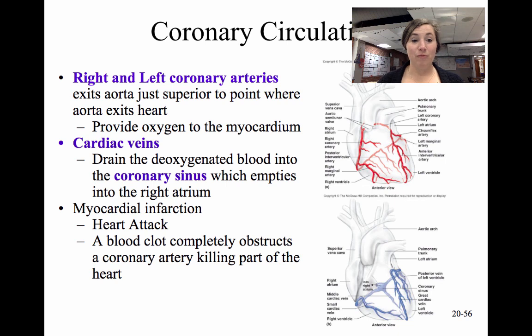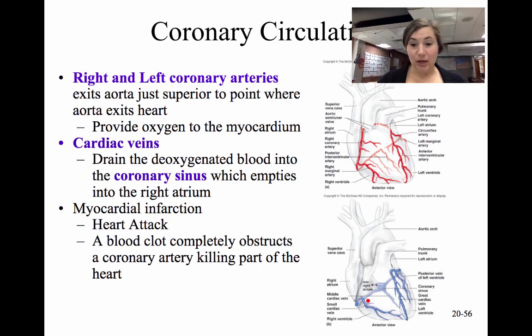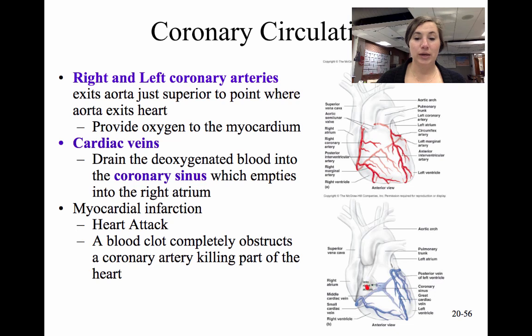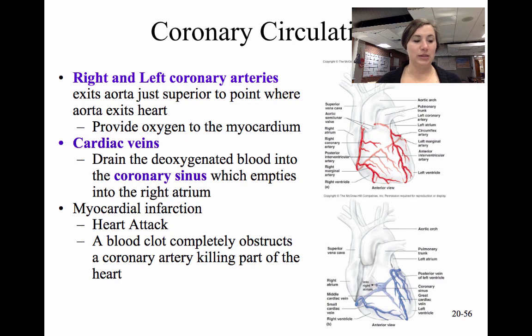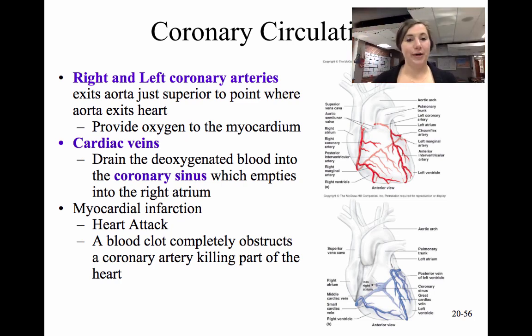And then we have cardiac veins. So here's the cardiac veins. They are going to drain all that deoxygenated blood into what's called the coronary sinus. It's on the back side, the posterior side of the heart, but it empties into the right atrium. So I think we'll be able to see on the next slide, because this sheet doesn't show the coronary sinus on it, because there should be 3 openings into the right atrium